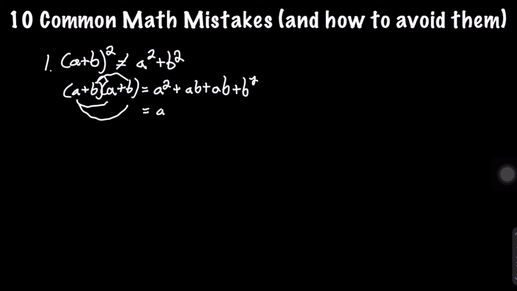So it's a squared plus 2ab plus b squared. I've made this mistake many times, but you just have to remember this 2ab. And if you think of it as multiplying these two terms in parentheses together, then it makes it much easier